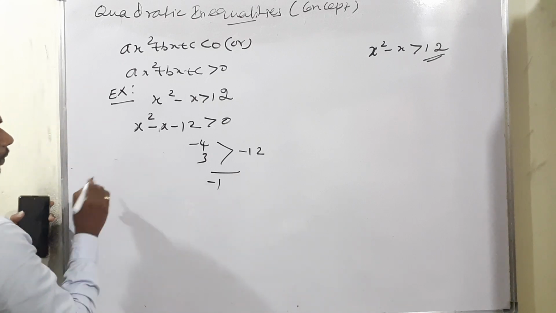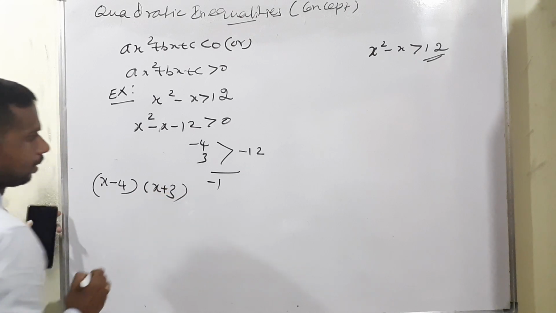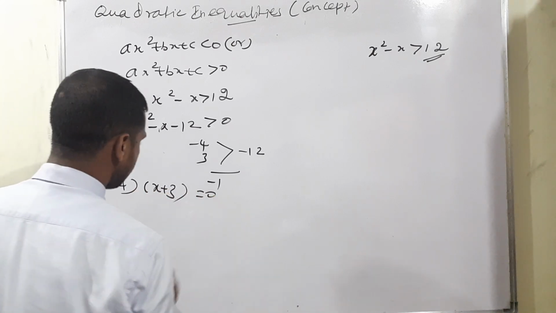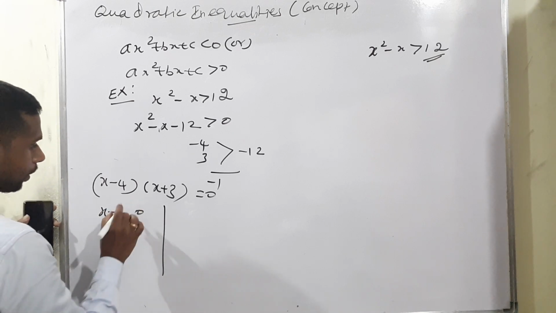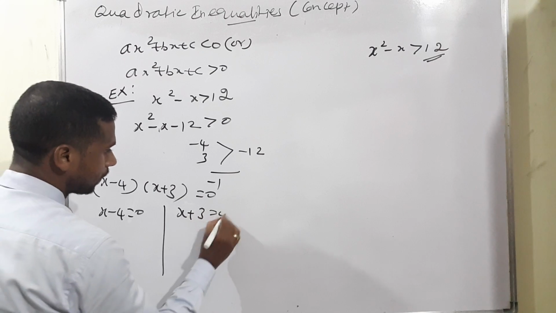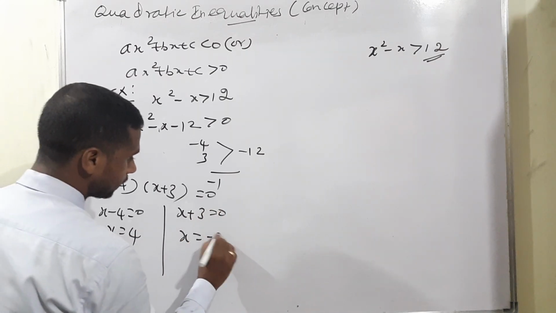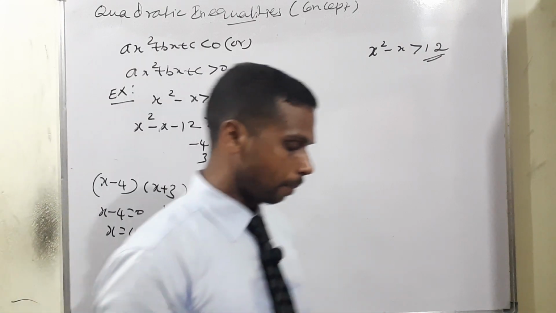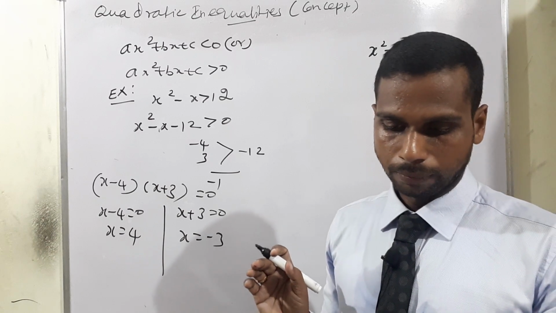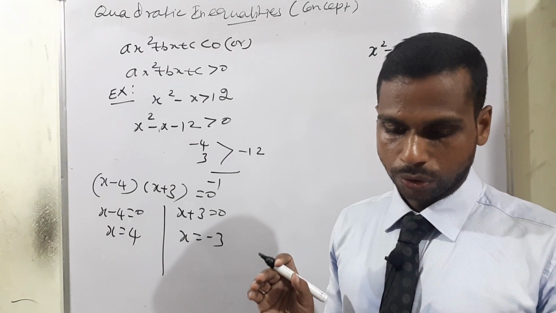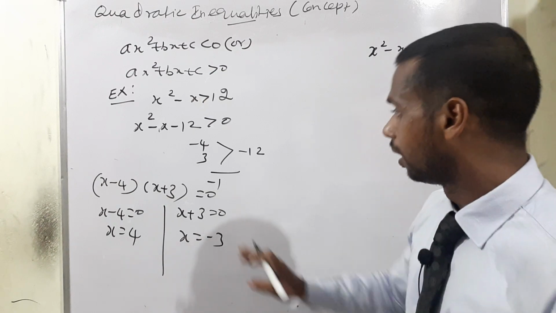Therefore, what are the factors we have? x minus 4 and x plus 3. Now, considering it equal to 0, what will happen? We can split it into two terms. x minus 4 is equal to 0 is one term. At the same time, x plus 3 is equal to 0 is another term. Therefore, x is equal to 4 and x is equal to minus 3. Now put it on a number line. This type of line has only the sum line, isn't it? So substitute a representative number of the inequalities. You can follow this method.